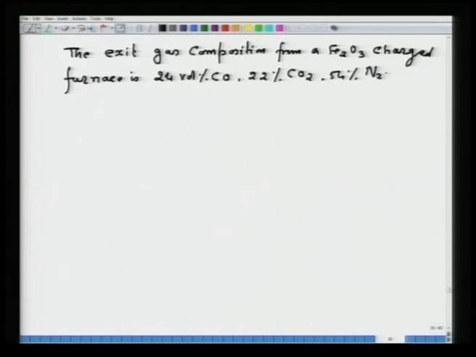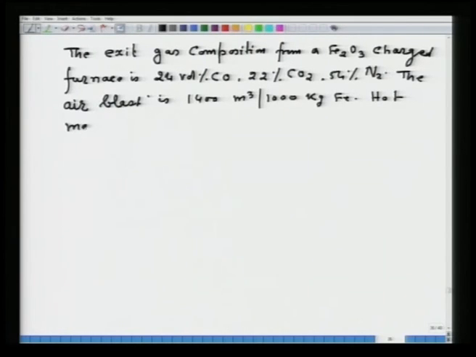So, the air blast is 1400 meter cube per 1000 kg iron. Hot metal contains 5% carbon. So, calculate